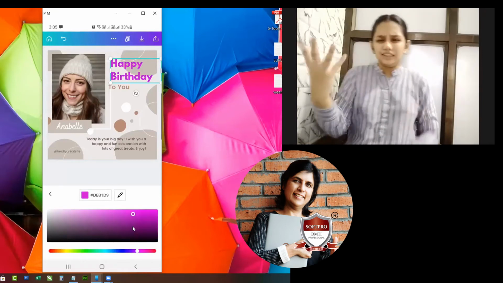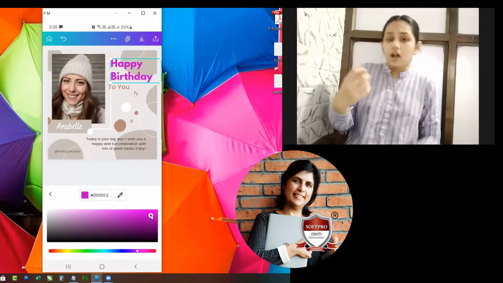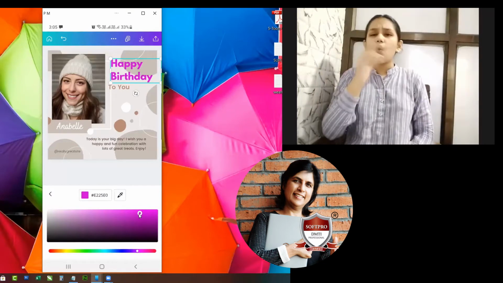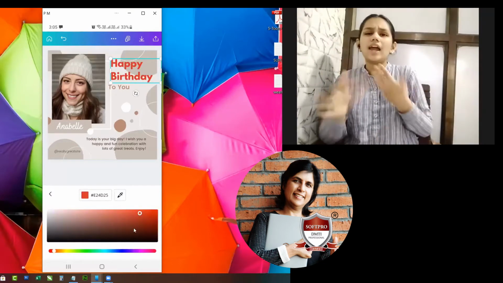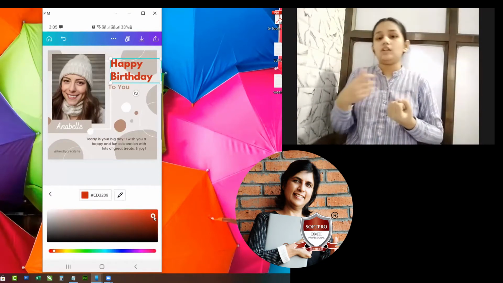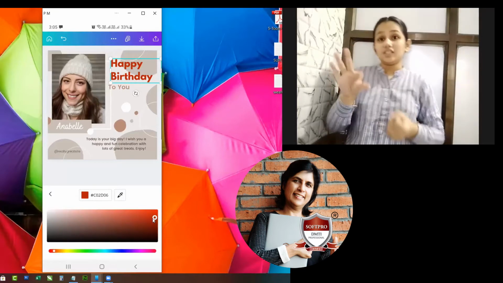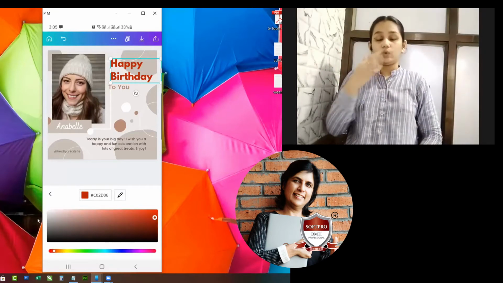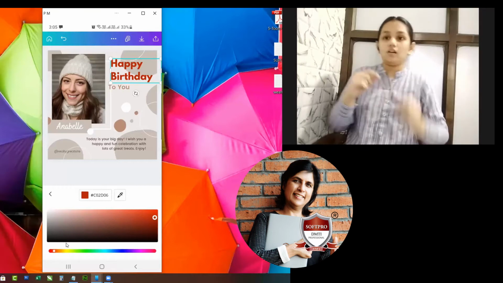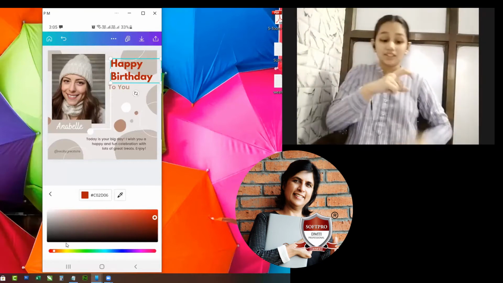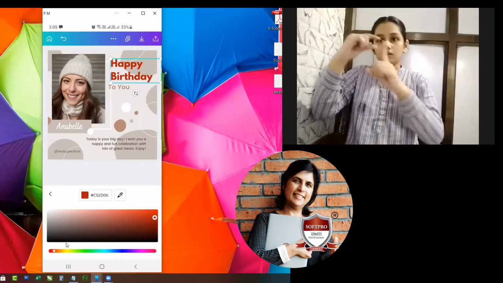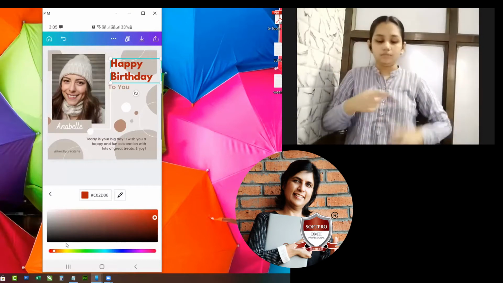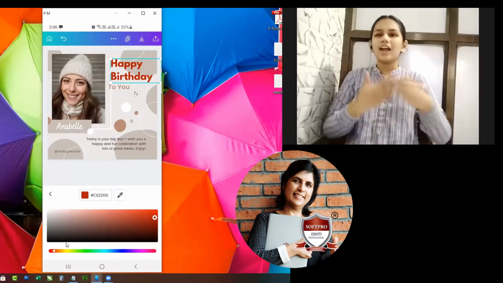Right? Then I come to the orange. So whichever color I want, I can select from here. Right now I am going to a nice red color and I am selecting this. Correct? So whichever color I want, this full color plate, we call it the color plate. You can select whichever color plate you want. Correct?